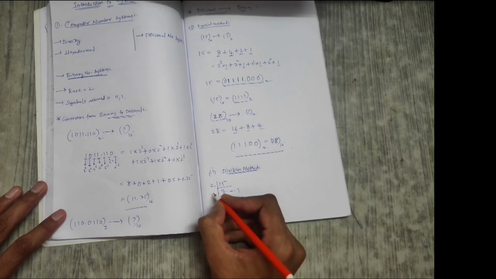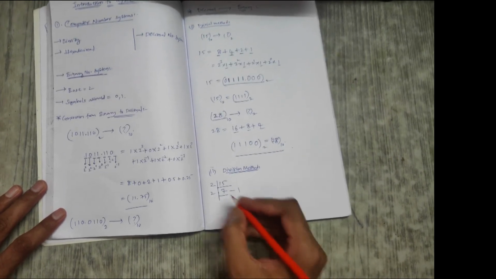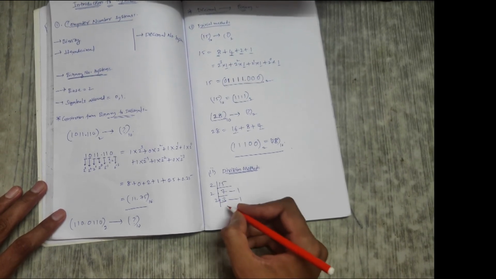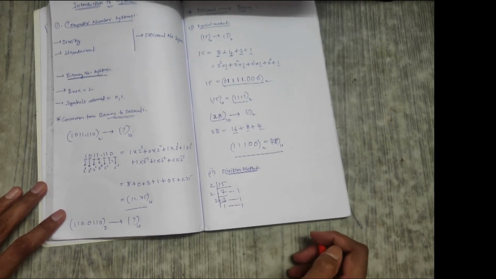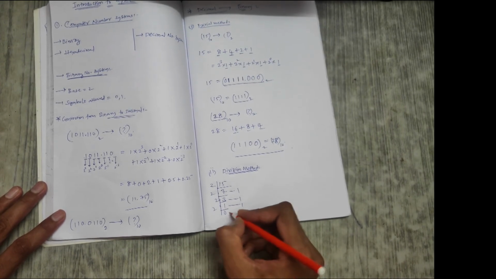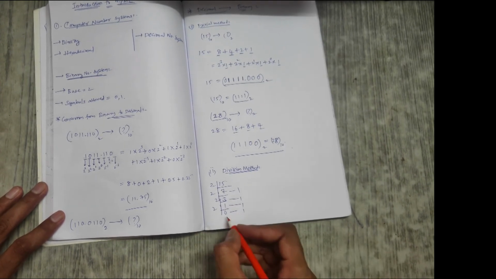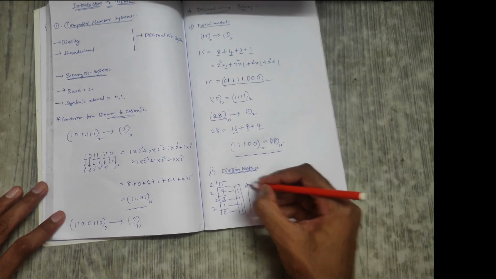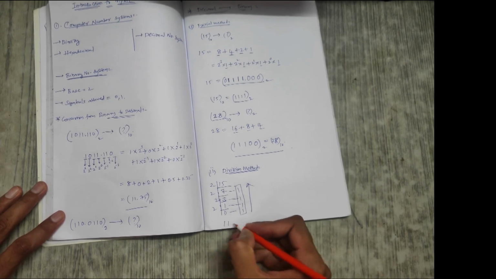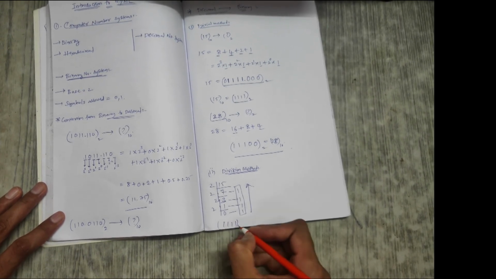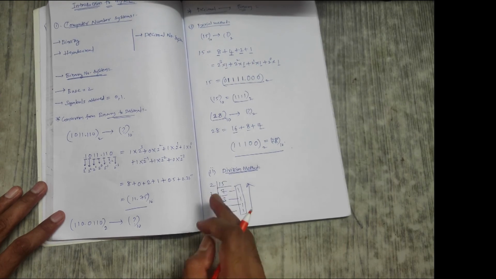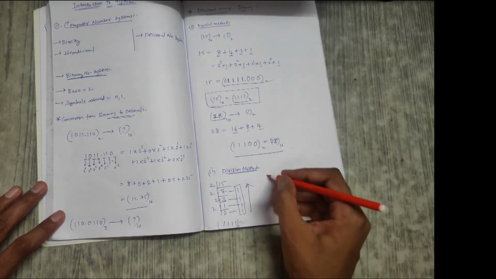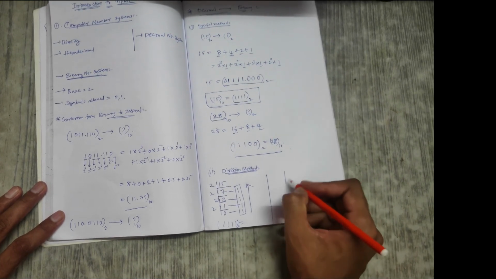Now continue the process. Again divide it with 2. 2 3s are 6. Remainder will be 1. Again divide it with 2. 2 1s are 2. Remainder will be 1. Again you can divide it with 2 and get 0. Remainder will be 1. When you get a 0 here, stop the process. Collect the remainders. Go from bottom to top. 1 1 1 1. This becomes the binary equivalent of 15, which is the same as before. Over. Very simple. Now take this 28.